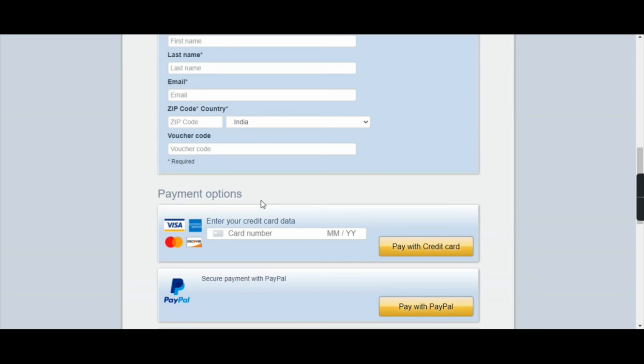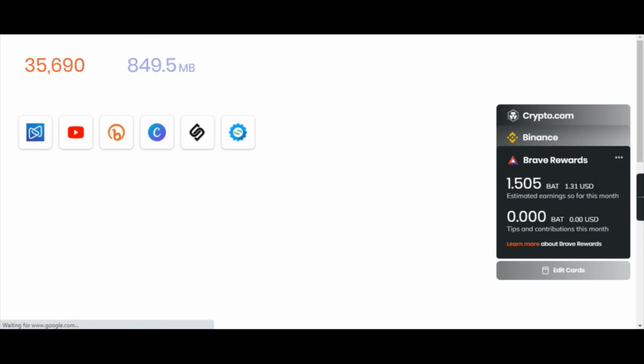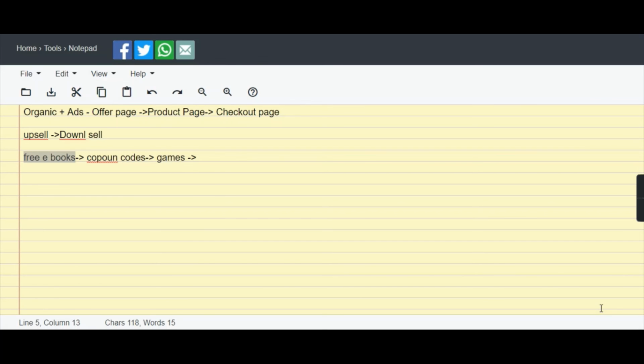This is how a funnel works. The example I've shown you right now is a simple sales funnel, completely simple. At the time of creating a sales funnel, you can include a giveaway in between, so that they would be attracted to drop their email address, or else a free ebook. I'm going to show you an exact example of how to grab this ebook for free. You would have master resale rights, and it would cost around $10 to $30, which we are going to get for free.